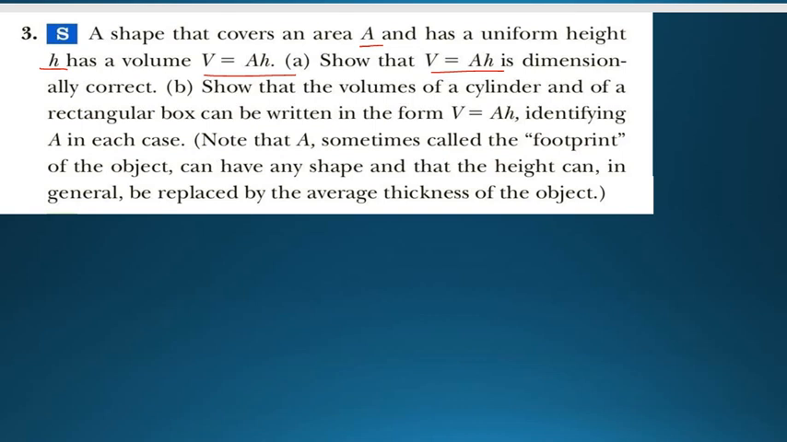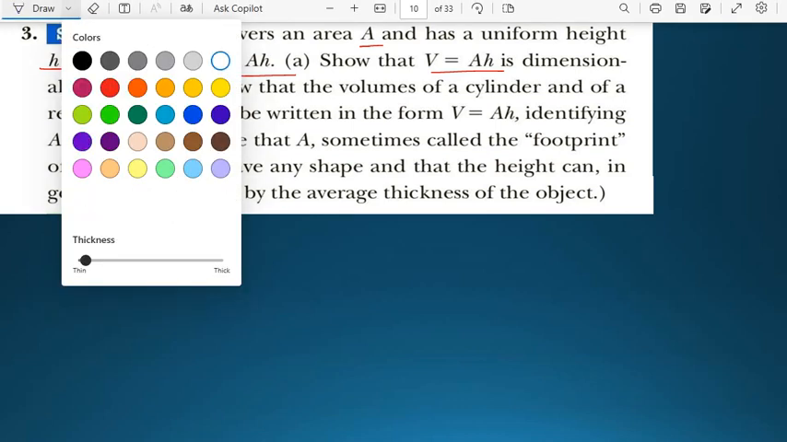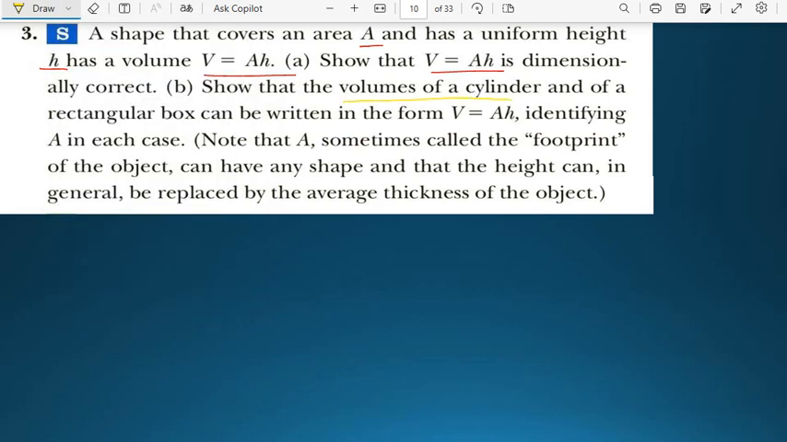Okay, so here's how you have been asked to show the volume of a cylinder, if the volume of a cylinder and that of a rectangle can be written in this form. What you need to know is that the volume of a cylinder is given by